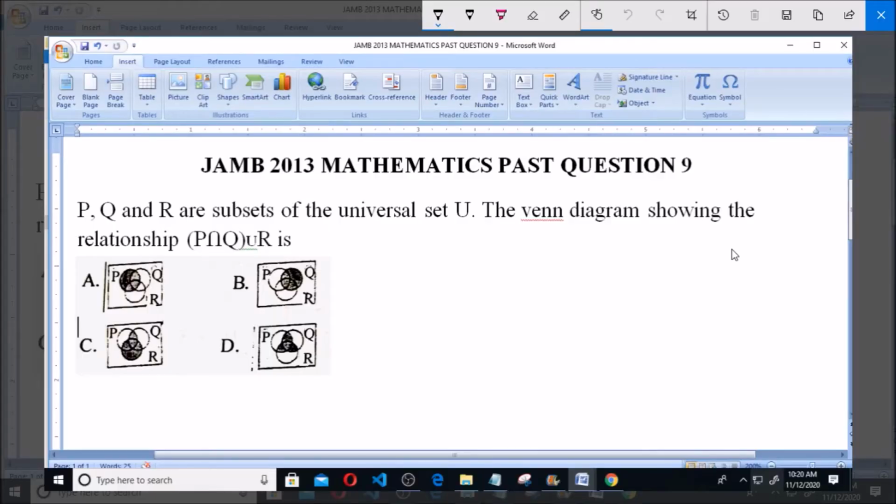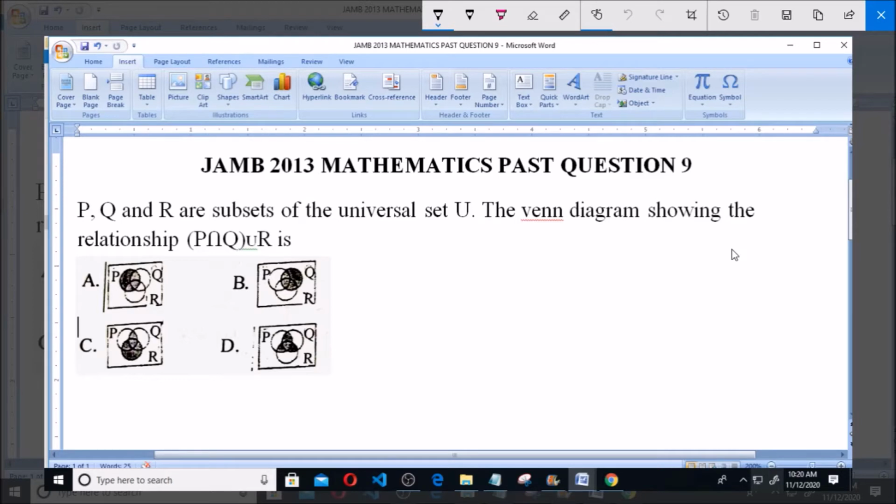I'll be answering JAMB 2013 Mathematics Past Question 9. P, Q, and R are subsets of the universal set U. The Venn diagram showing the relationship of P intersects Q union R is P intersects Q union R. Now,